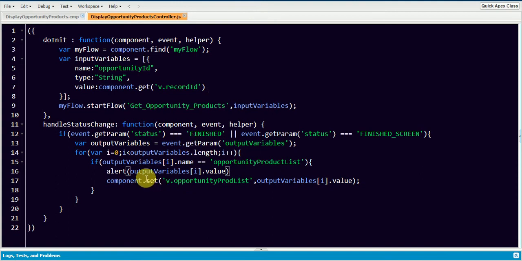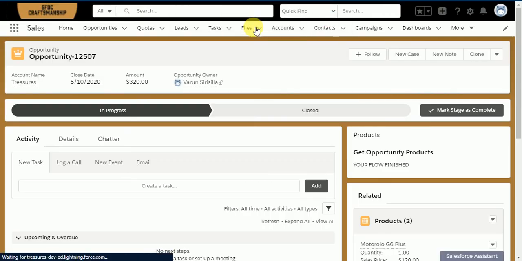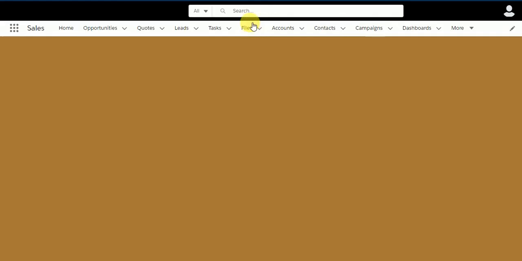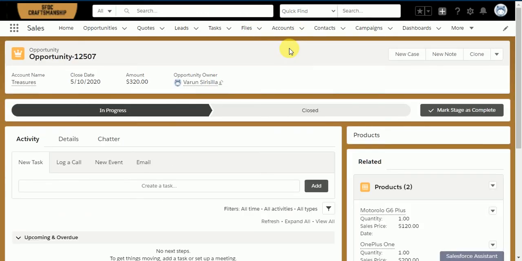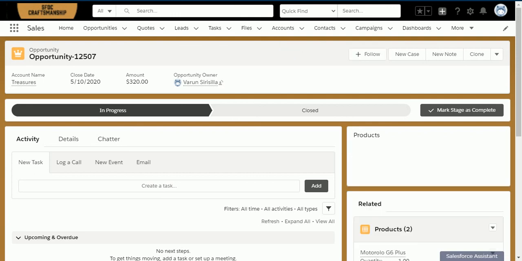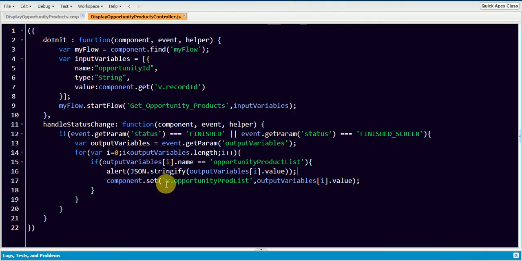To see this, I'm gonna just stringify it, JSON dot stringify. Yes, you can see all the opportunity product list is coming, and we are just setting this value into my attribute called opportunity product list.